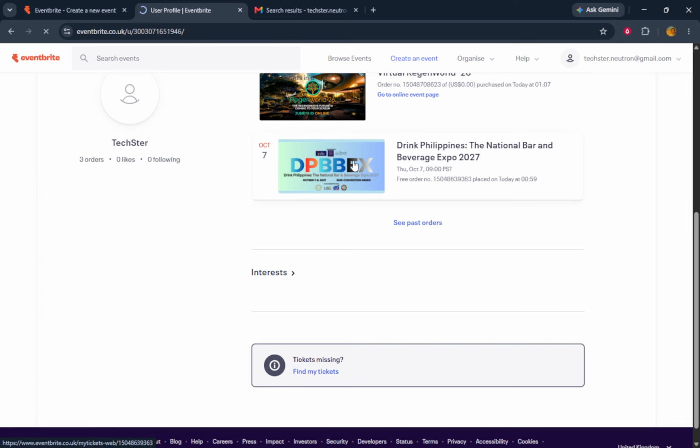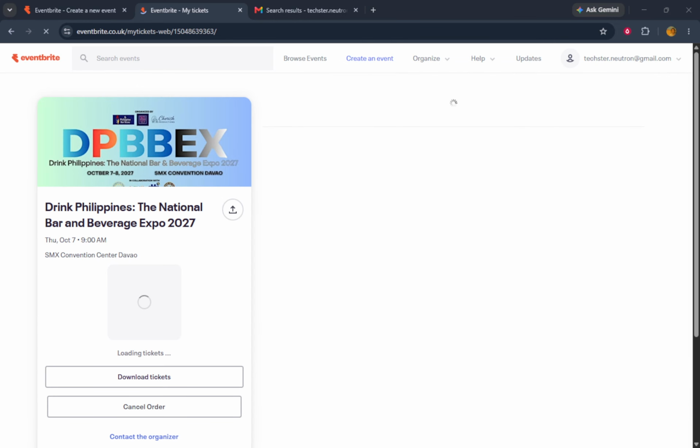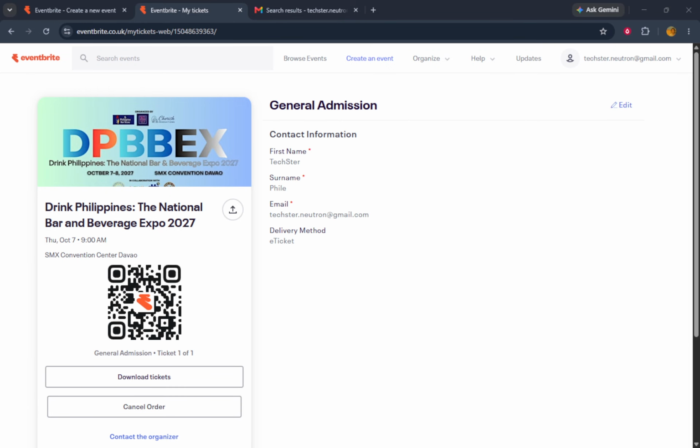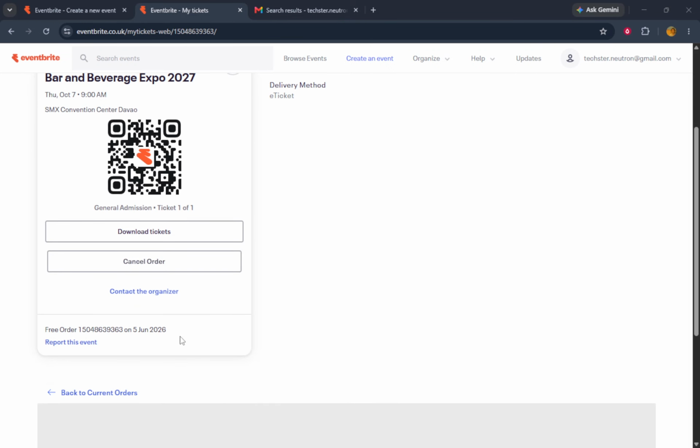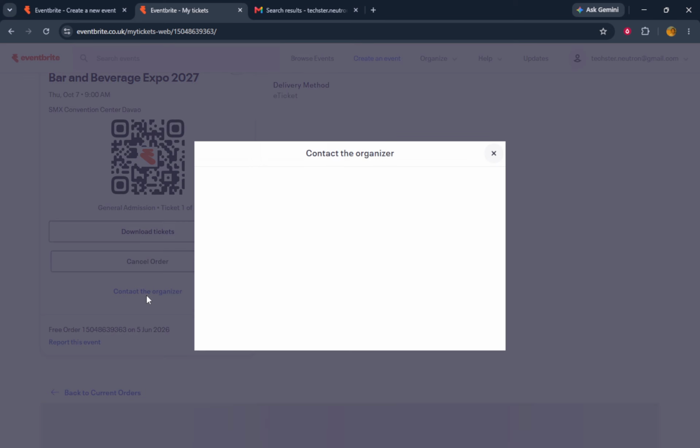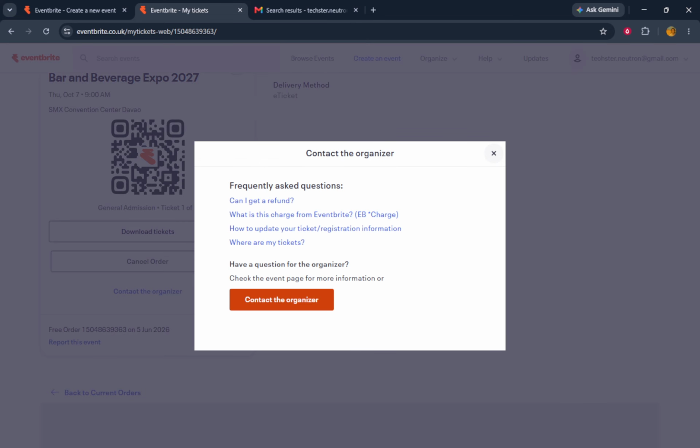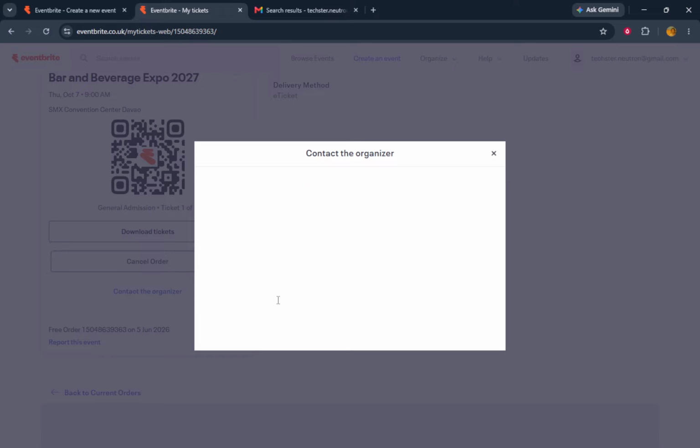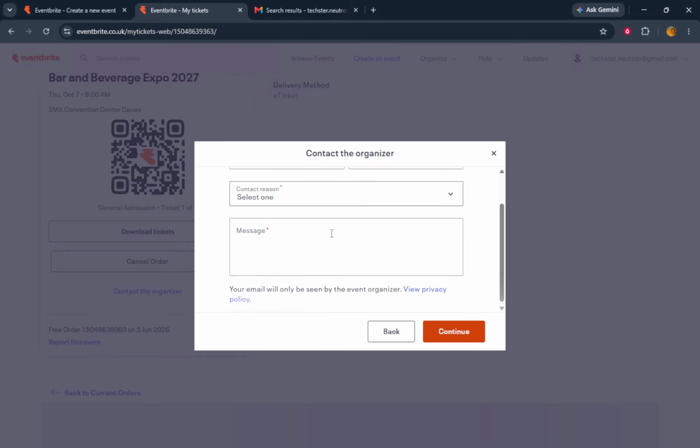This page can be useful because organizers sometimes share important event-related information through the order page rather than through a separate messaging system. It's also helpful to remember that Eventbrite communication is mainly email-based or stored within your ticket or order details. Since there's no unified inbox, you may need to check both places to make sure you don't miss